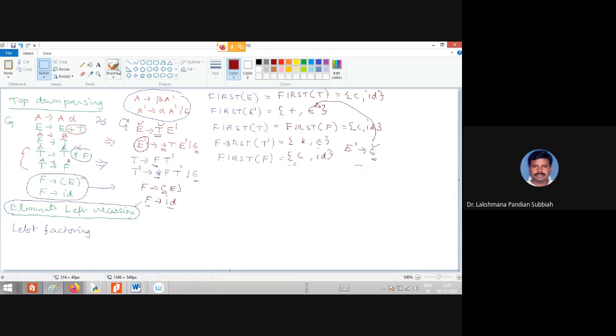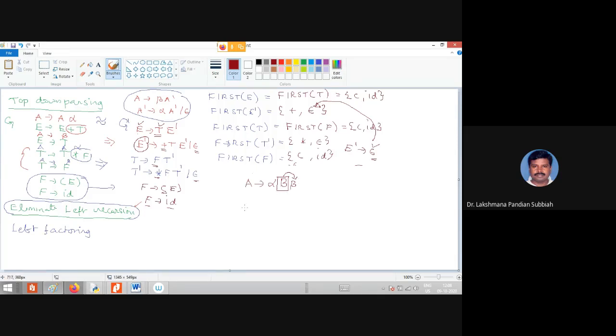Here also we already discussed. Now I am going to do that. So here you have to consider the production rule of the form A derives alpha B beta, right? Now you have to consider the right hand side non-terminal B. For this non-terminal, the follow symbol is first of beta.